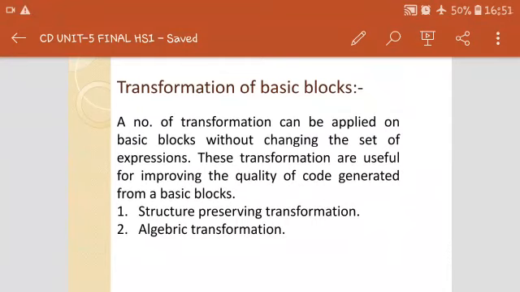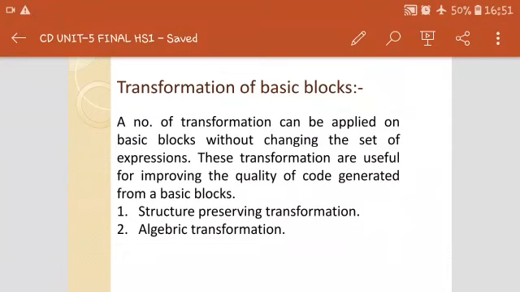Now, whenever we are going to create this basic block, we have to follow some rules. First of all, we find the leader for the given block. If the first statement in the given statements is a three address statement, then this is the leader.